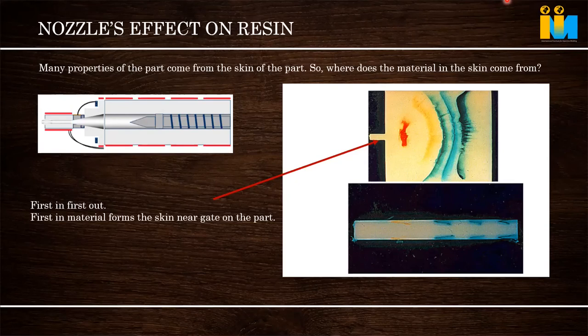The first entry material will stick near the gate, and it makes the outer area of the part. Whatever plastic material enters, what happens? It touches the steel and it cools down. So the first entry material makes the skin near the gate. It will not go to the end. Then the second forms a thick area. The top and bottom will be cool, and a little center area will be the unsolidified area that moves. So the first entry material will stay near the gate. It will not go to the end.